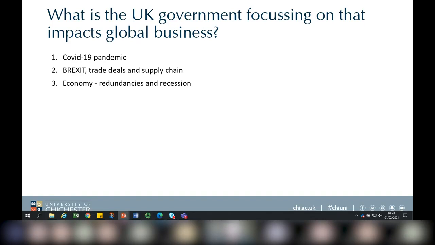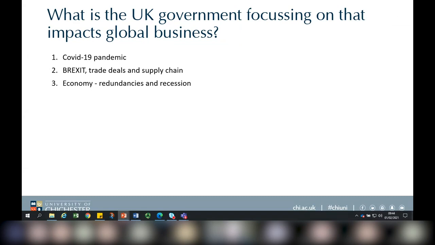Also, loss of skills. So if people are out of work for a long period of time, they're going to lose skill sets, they're going to lose motivation, confidence, but also they're not going to have enough money to spend. If you don't spend money in the shops, the businesses aren't going to continue being there. They're going to go bust, and therefore the government isn't getting that tax income and is having to pay out. So it's a bit like a vicious circle.